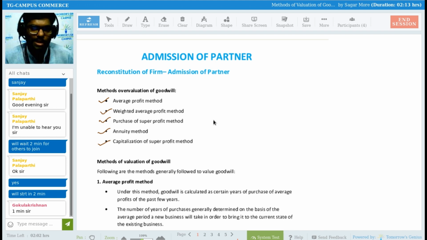So here what I'm doing, I will be seeing past profits of the business. I will be checking past trends of the business, past profit of the business. By considering those past profits, I will be finding the average profit, right? For example, the last 5 years' profits given to me are 10,000, 20,000, 30,000, 40,000, 50,000, right? I will add them, divide by the number of years, 5, and I get the average profit, right? That average profit means that on an average, the company earns this much profit every year, right? This is the capacity of the business.